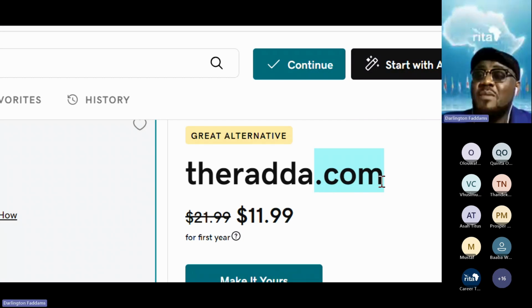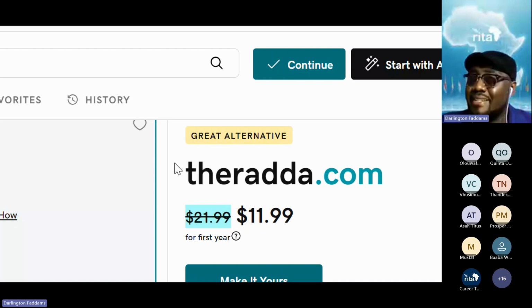Okay, so domains are not for free. GoDaddy charges 11.99 for the first year and 21.99 for renewal. This means that next year, instead of paying 11.99, you're going to pay 21.99. And for all the following years, this is what you are going to be paying until they change their prices. So this is how it is.